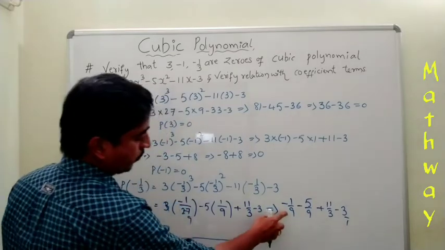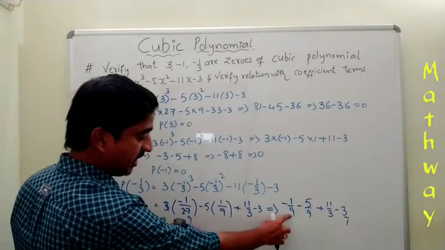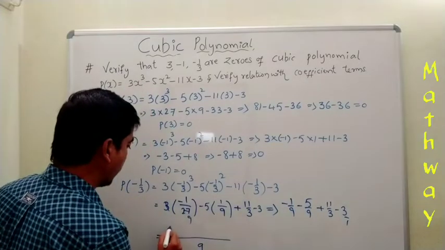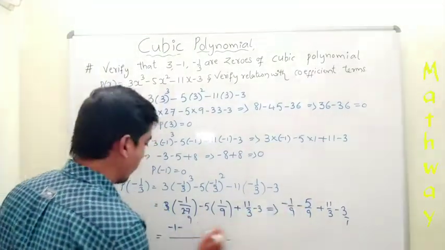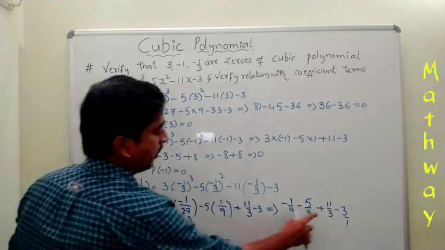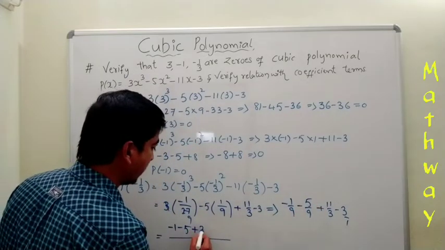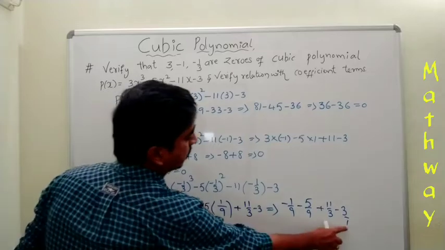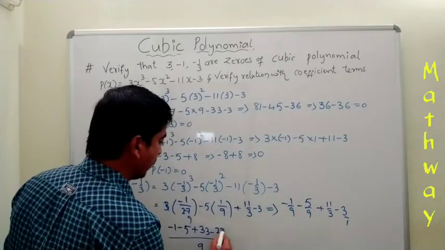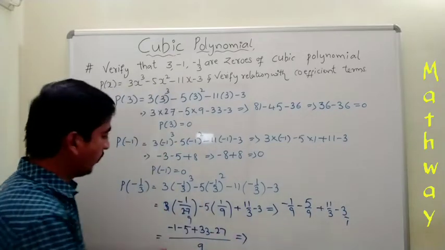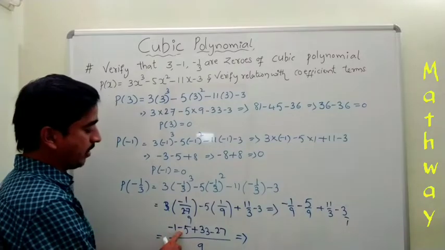Then here the LCM is 9, so it is 9. Directly we can write minus 1. Here also minus 5. Here 3 is there. 3 3s are 9, so multiply 11 with 3. 11 3s are 33, minus the denominator is 1. 9 3s are 27. So by simplifying this, minus 1 minus 5 minus 6,